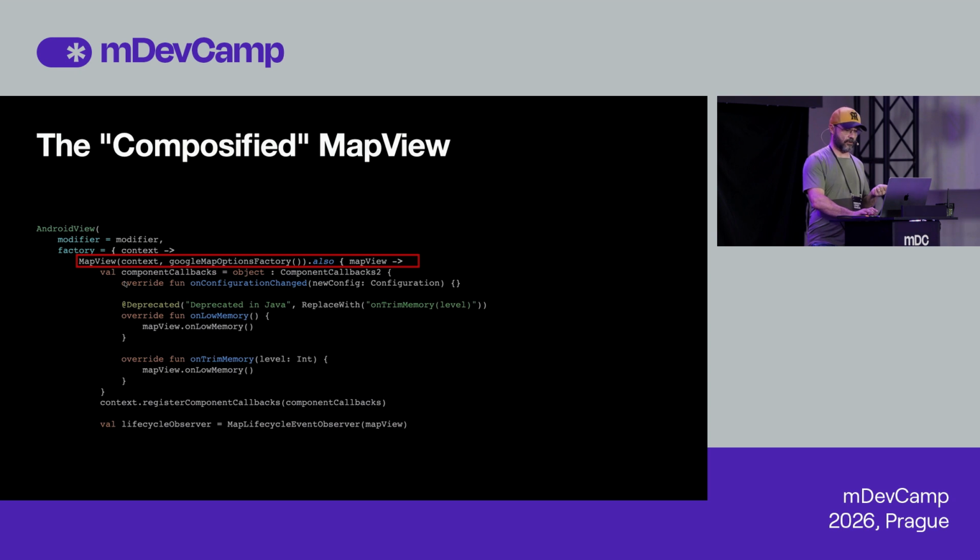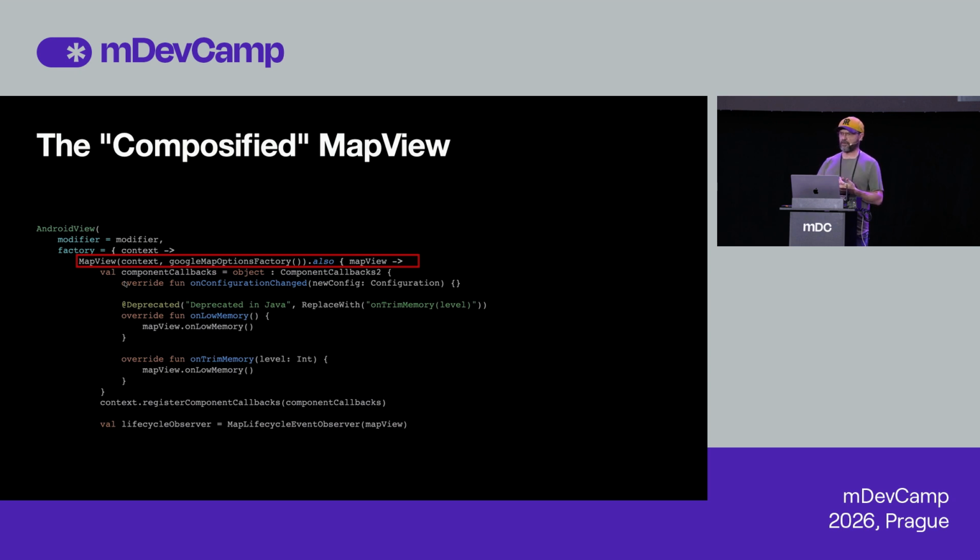And here we're passing the Google Maps options factory. This is just a default method that we use to initialize the Google Maps options by default. Things like, am I using dark mode? Am I using, I don't know, certain properties of the map? And here we get a view. This is a standard Android view. Things that we need to do specifically in Google Maps, but different libraries might have different requirements, is